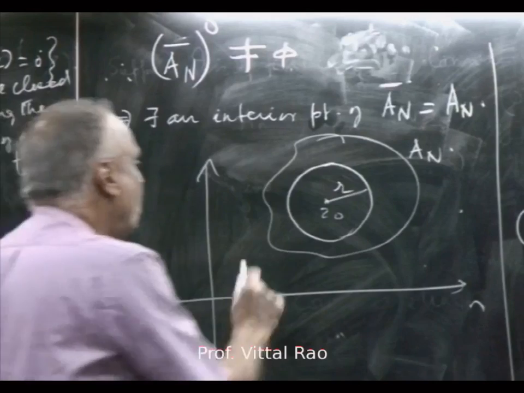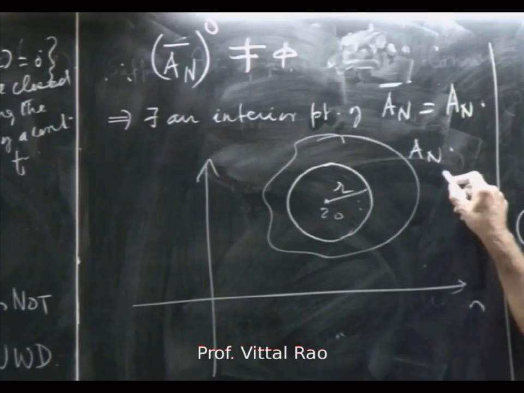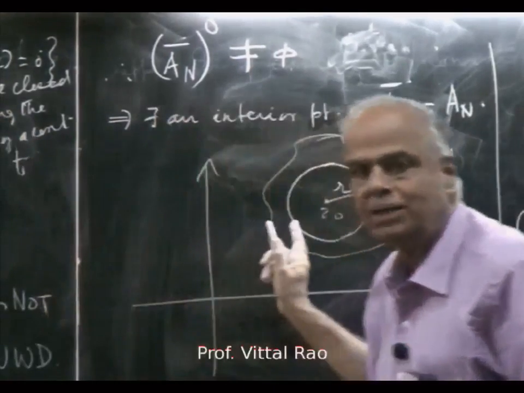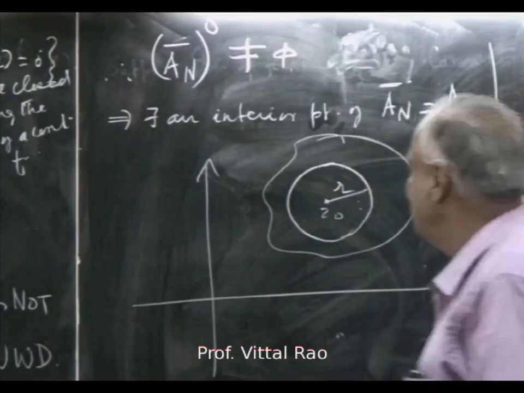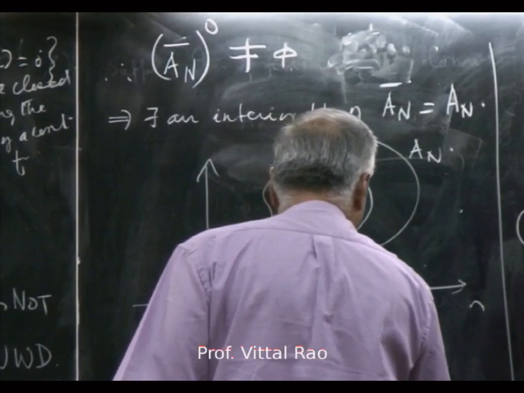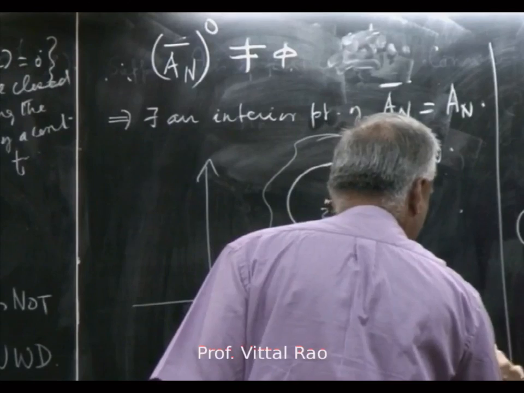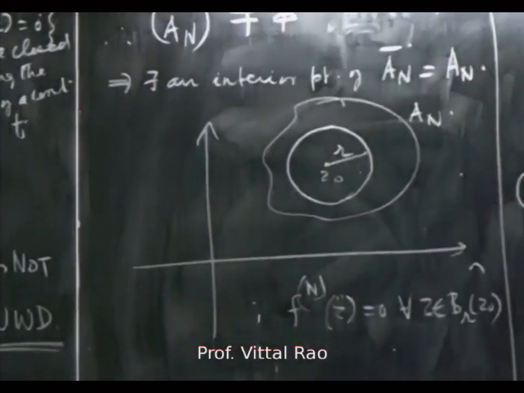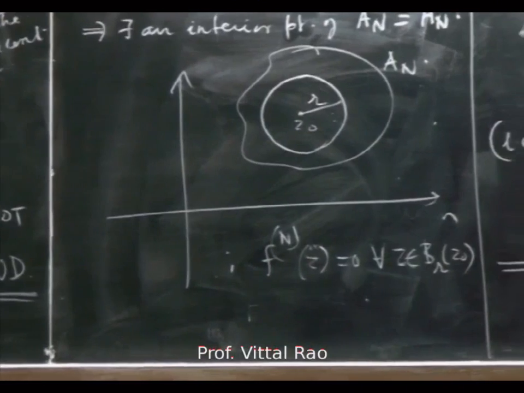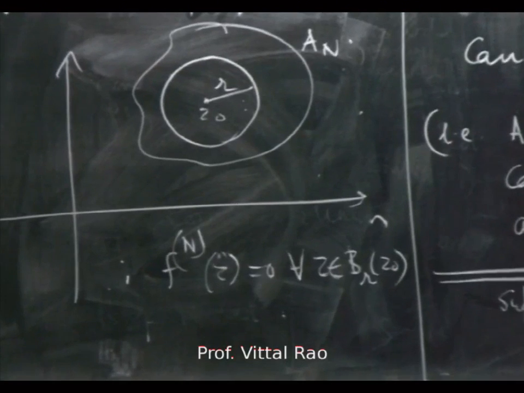Okay. Now what does that mean? Since all these points belong to A_N, the nth derivative must vanish at all these points. Okay. So therefore, f^(n)(z) is equal to 0 for all z in B(z0). Right? That means at least in the ball it is a polynomial. Right? Because a fixed nth derivative vanishes at all these points, and therefore it is a polynomial